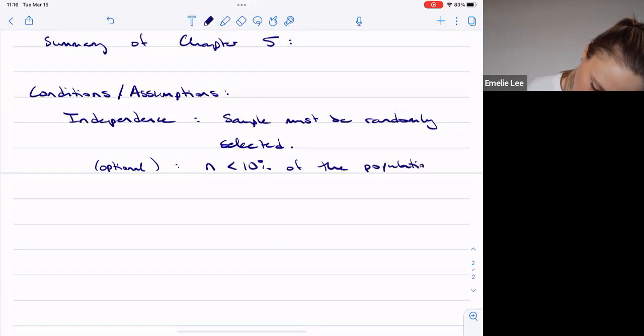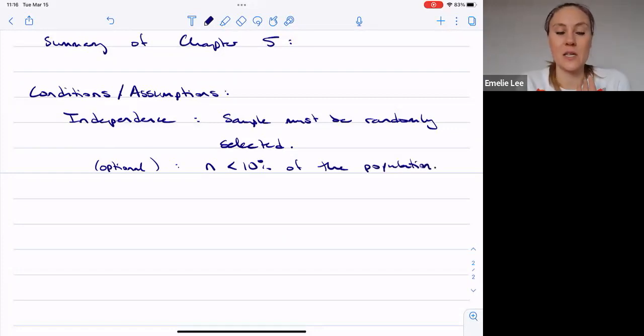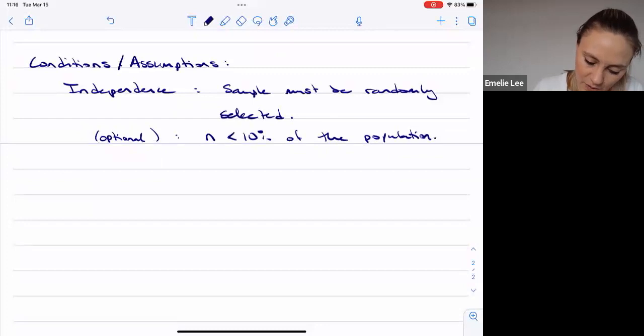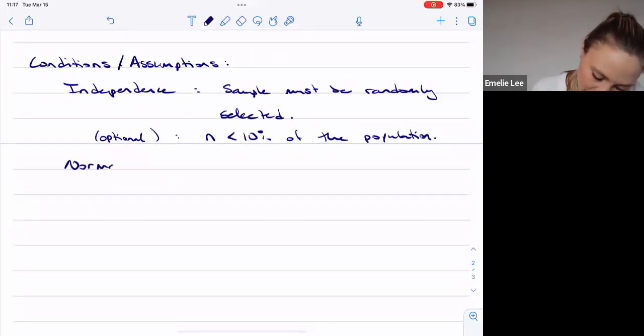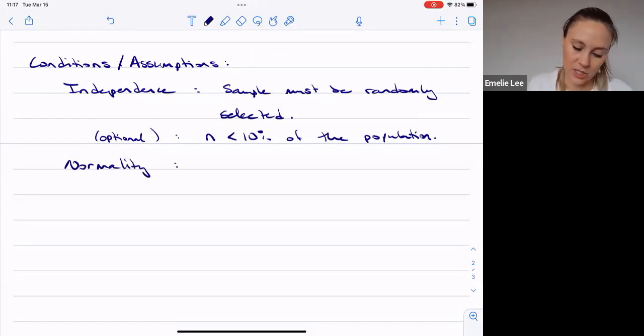Right, your sample size has to be less than 10% of the entire population, right? And that goes back to, well, if I've collected too much of my population, then I'm going to introduce these dependent observations, right? And that's not good. Okay, so I had independence, and then I can't remember if I was calling it normality, but the normality condition